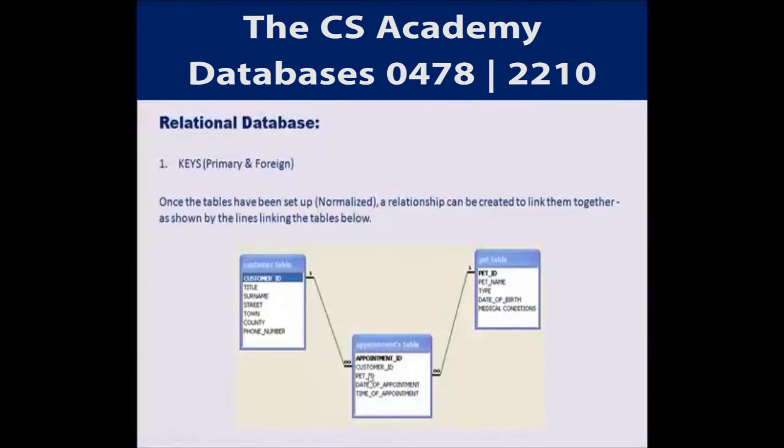Now pet ID, you can see this is a repeating ID. This customer ID is the repeating ID, this pet ID is the repeating ID. That is why it has one to many. This infinity sign shows that this ID is a one to many relationship or a repeating ID. That means it will keep repeating a certain number of times when the customer or patient keeps coming on the basis of several checkups. So this is why we keep the relational database, and it will store the information only with the concerned person or animal or pet or something like that.